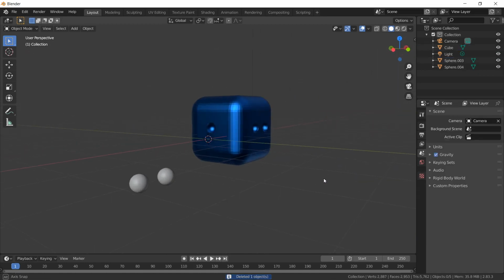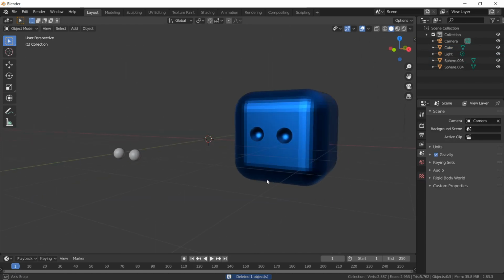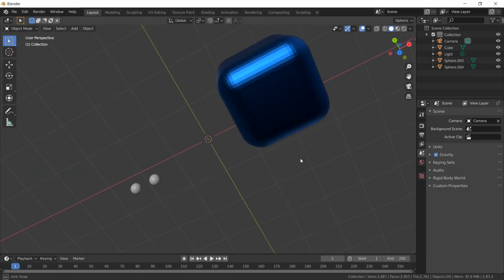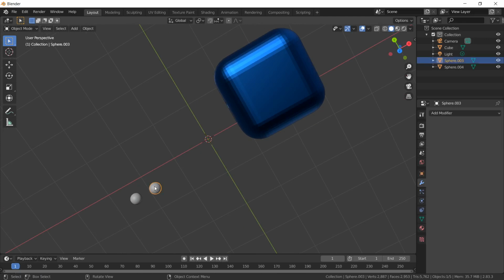Now you can see that 1 is created, 2 is created. Let us create one more, 3, on top. Now I want to create 3 here. So let me just take this object first.